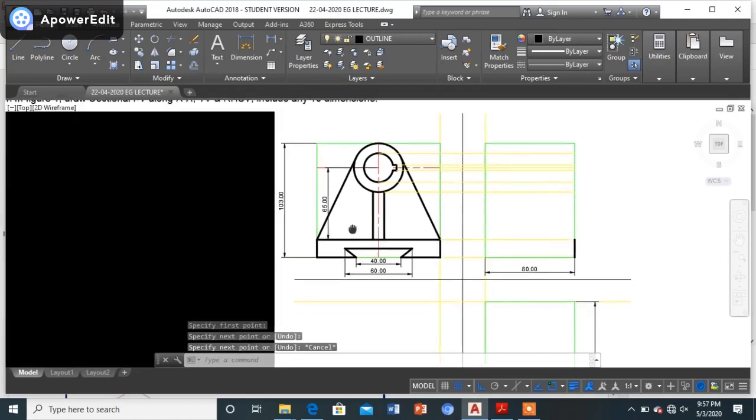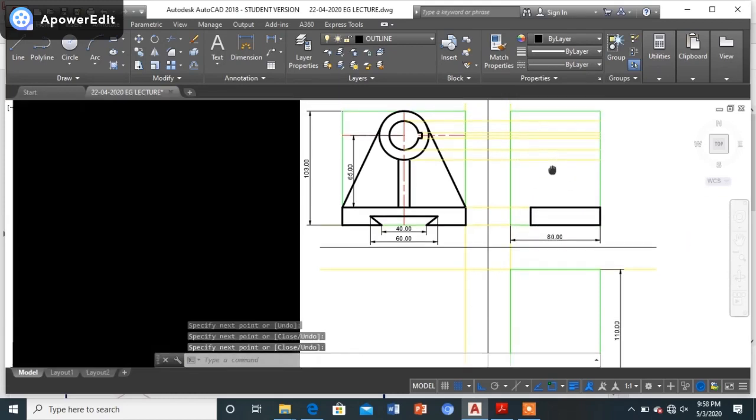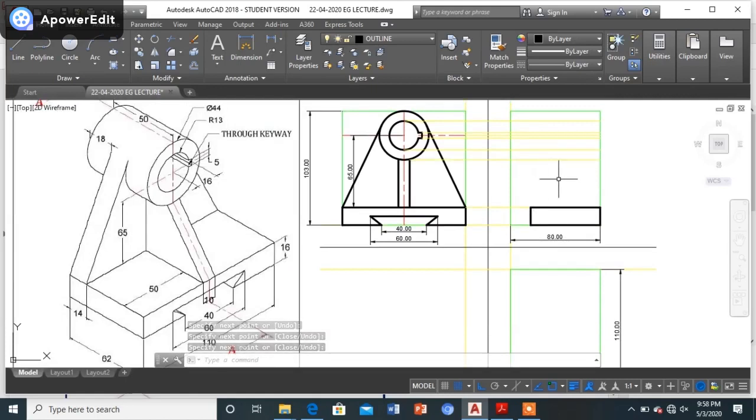As you can see, the length over here is 62 mm, which is given to us. So from here it will be coming straight inside by 62 mm. Once we get this, I can simply complete this part. Only 18 mm is left out at the back, which we can complete later on.